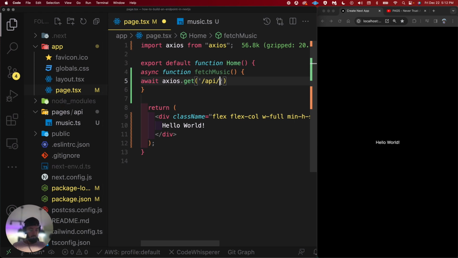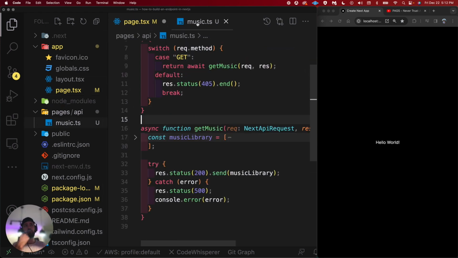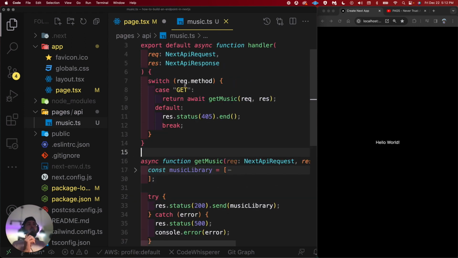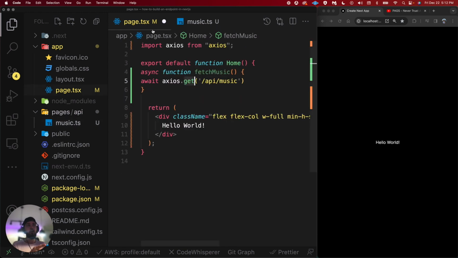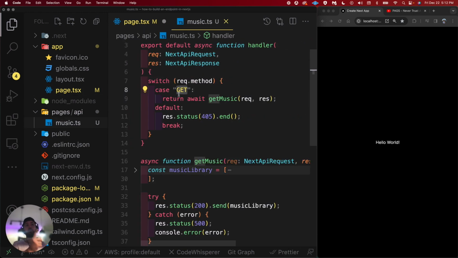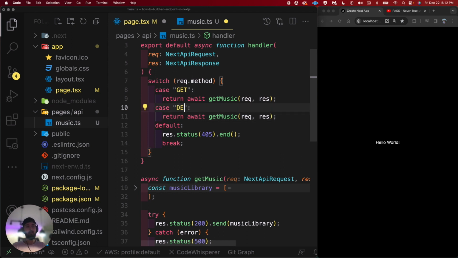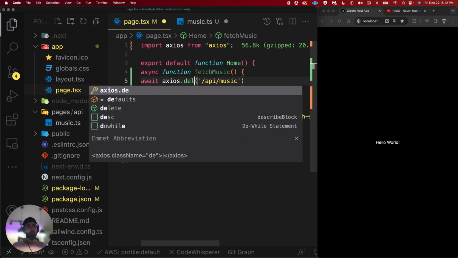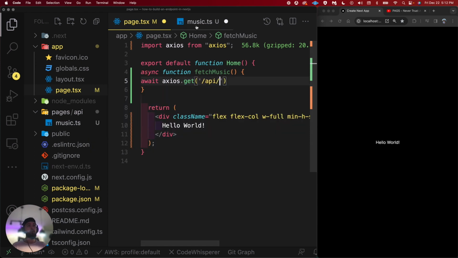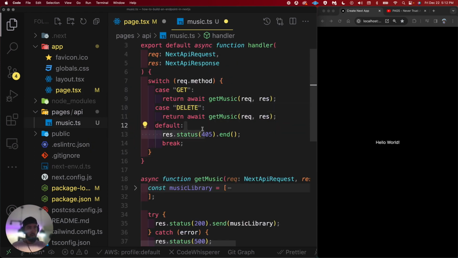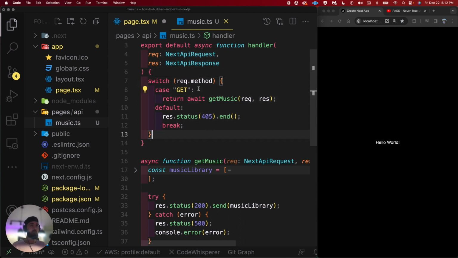the music. And then this bit right here, this .get, or whether it's a .post or .put or .delete, that's what is being notified here. So if we say .get, it knows to use the case of a get. If we wanted to build a delete function, I would say delete. And then I would also need this .get to be .delete. So let's undo that though, real quick. Let's just get it back to